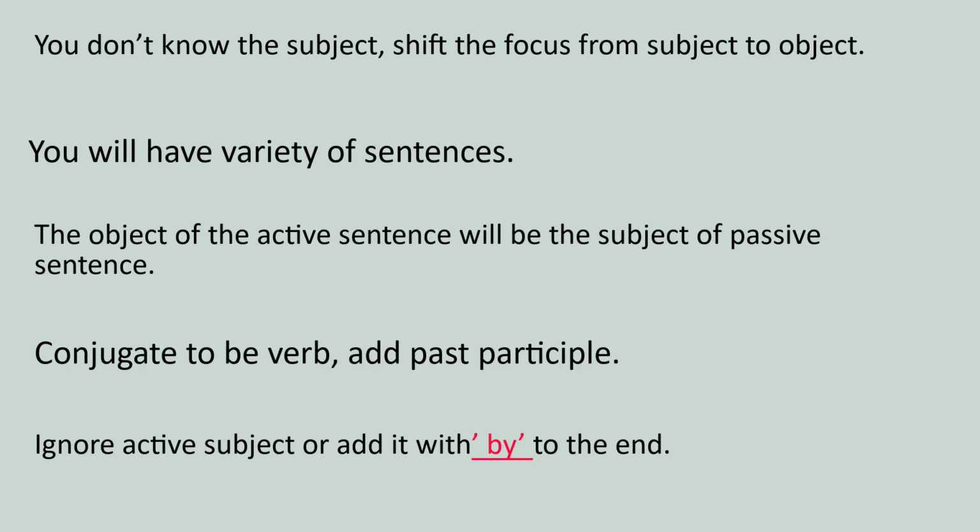Keep in mind, when you want to conjugate the to be verb, you must be careful about the tense. You must recognize the tense and then change your to be verb with the tense. If it's present, if it's past, if it's continuous, if it's perfect, you must change it like them. You must conjugate the to be